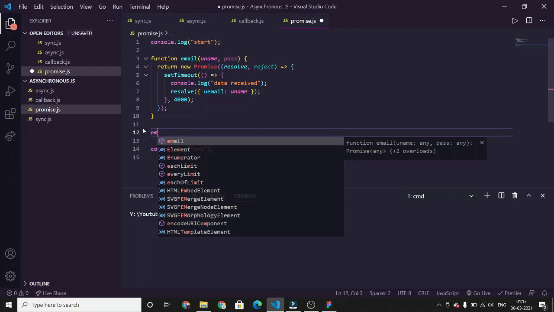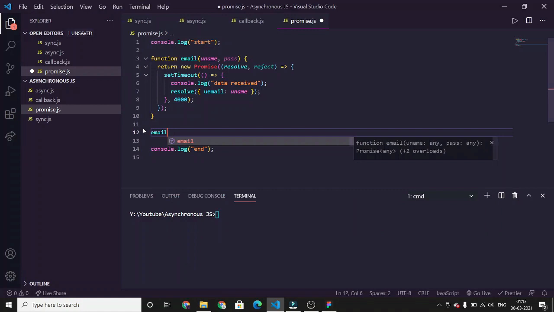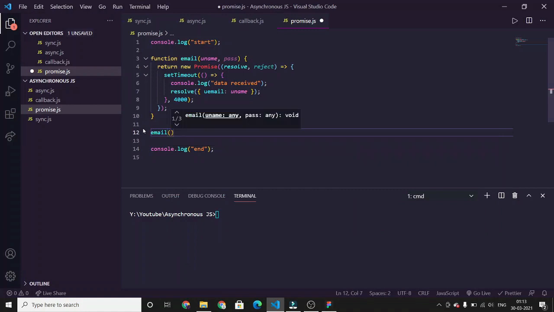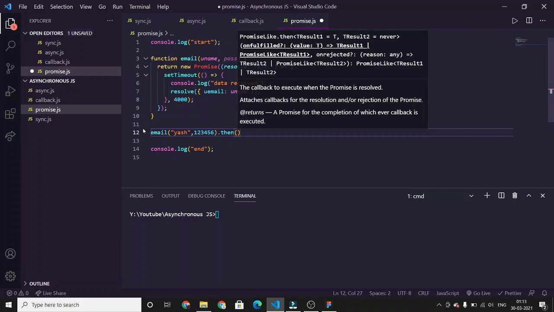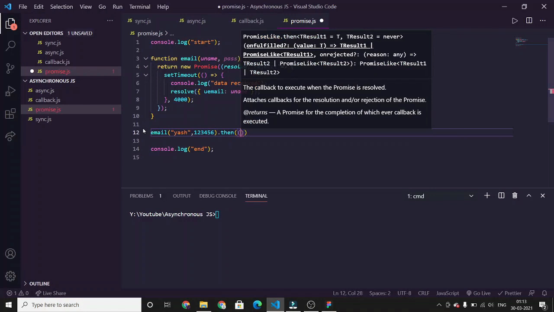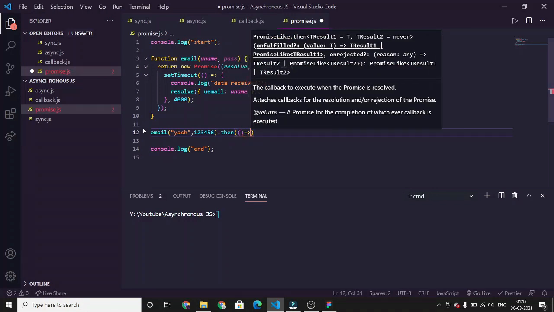So we need to call the function, then pass the parameters. So yes, and password, and then we should write a dot then block. Inside dot then we will write an arrow function with one parameter.